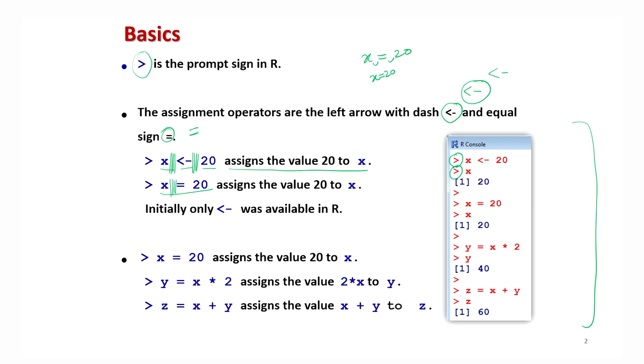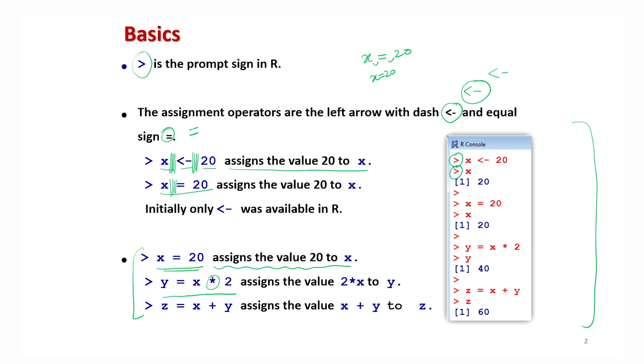And it looks clear, right? In R software, a variable can be defined and stored as a variable as well as a scalar. For example, if I write x equal to 20, this is going to assign the value 20 to x. Now in the next line, as we have discussed, single-line commands and multi-line commands are possible in R. So if I try to write a multi-line command, suppose I want to write 3 commands here like this, then in the second line I am writing y equal to x into 2. Star is the sign of multiplication that we will discuss.